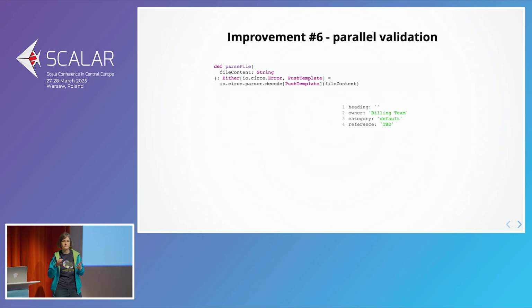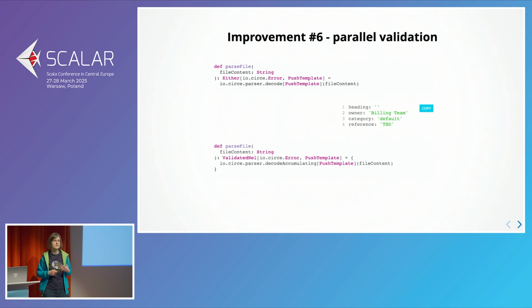It's like you are submitting a web form, and maybe there's a problem with the password that you have thought of. Then you want to know all the rules that you didn't satisfy at once. And for this, what we need to do is we need to use another method, which exists in Circe. In this case, it is decode accumulating. We can use it, and then the return type of the method is different. It's not a template or an error, but it's either a correct template or a list of errors. So this is this Validated from the Cats library, which is very useful here.